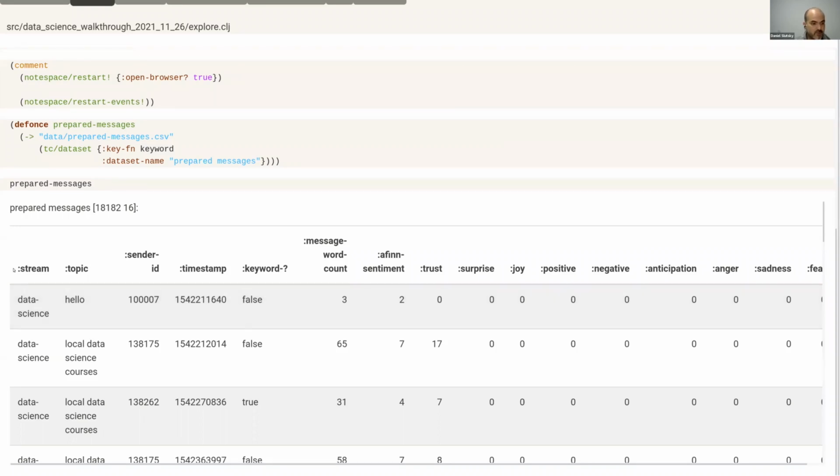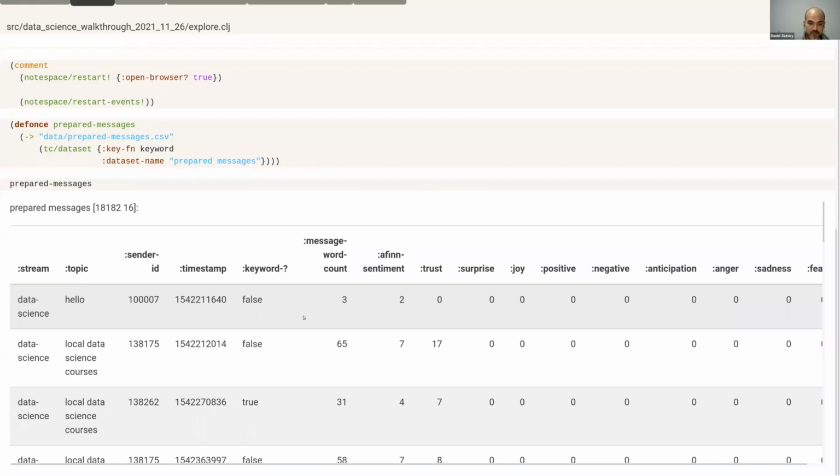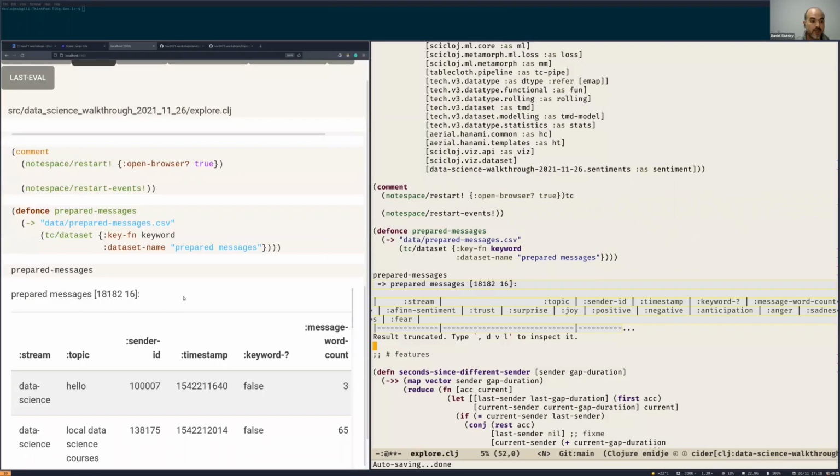And you see, you have the stream and the topic and all kinds of information, timestamp and such, and also some columns that were added by some sentiment analysis that Sami Kaldinen did, and maybe we'll discuss this more later. Some analysis of the content of the message, which is not here, as we omitted the content in this data set. And you see, we're just reading the data set using tablecloth. We'll not dive in too much into the API, but you can just read a table structure from a CSV